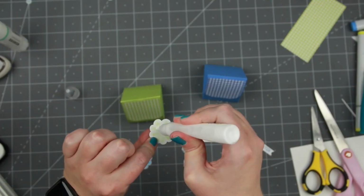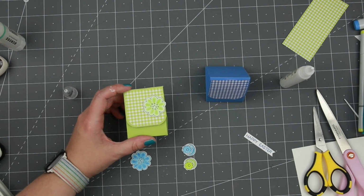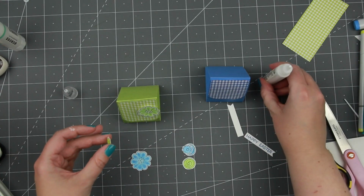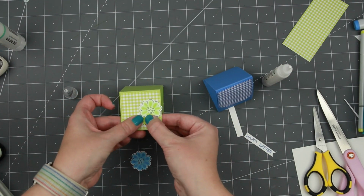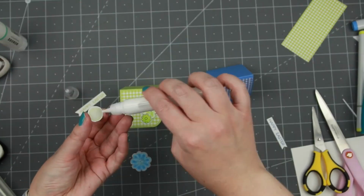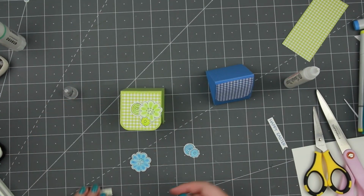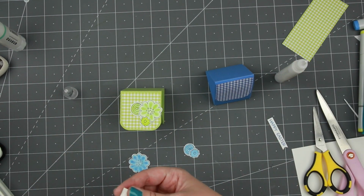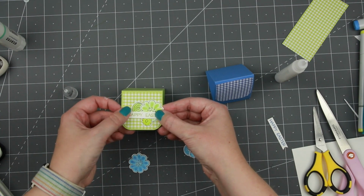Then I'm gonna go in just straight in with glue and add these little pieces on. And the reason why I'm using glue is because it is a little bit movable, so I have that opportunity to kind of glide them a little bit if I didn't get them perfect. Also, it takes a little bit longer time to dry, so I can do things like this and hide flowers behind other flowers. And finally, I'm gonna add the glue on top of that sentiment, and after I do that,